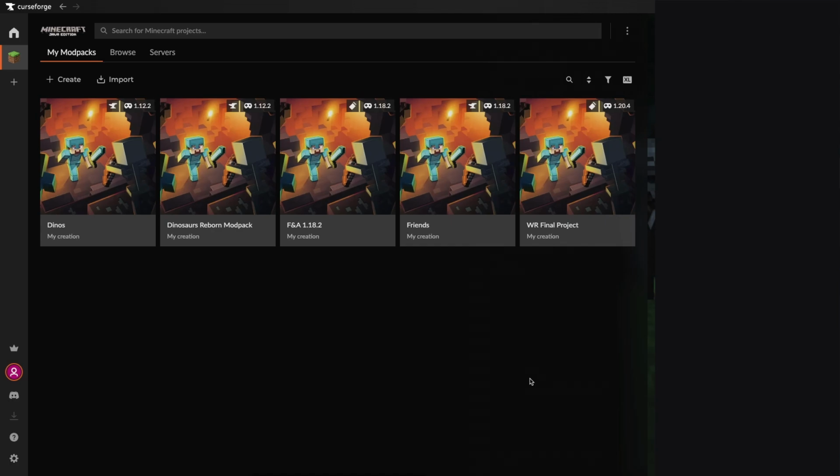The really convenient thing about these apps is that they create different profiles or instances for every single mod pack that you have. So launching this game is not the same as launching this game. You're going to have completely different worlds on each of these. You're not going to be able to see the different worlds on each profile, and that also applies for